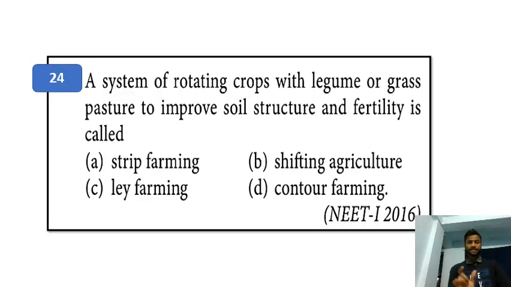Another question: a system of rotating crop with a legume or grass pasture to improve soil structure and fertility is called. So